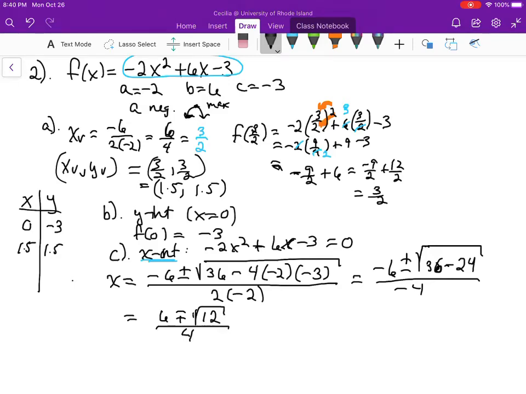All right, now remember, you can't make up weird math and suddenly do something weird with this 12, but we can see if there's factors that are perfect squares that we could pull out, and there is. So we have 6 minus plus, and the square root of 12 can be written as 4 times 3, all over 4. And so now that this is a perfect square, I can take the square root of it,